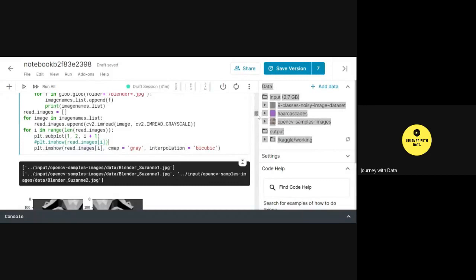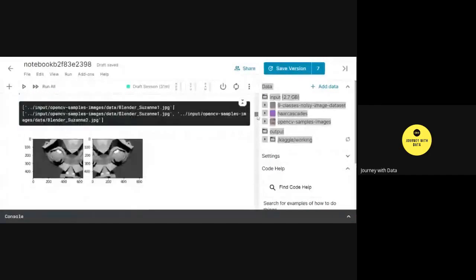So this will display multiple images. If you notice the output, these were the two images that got displayed from this path, input OpenCV samples. So that's how we display multiple images.